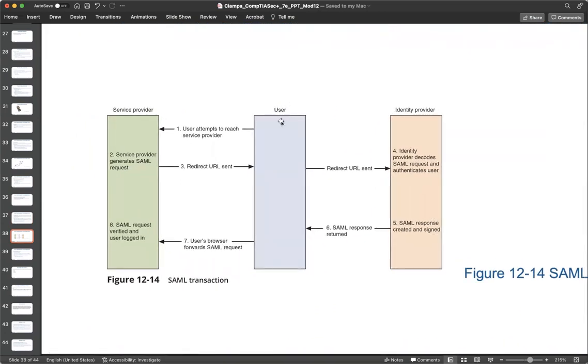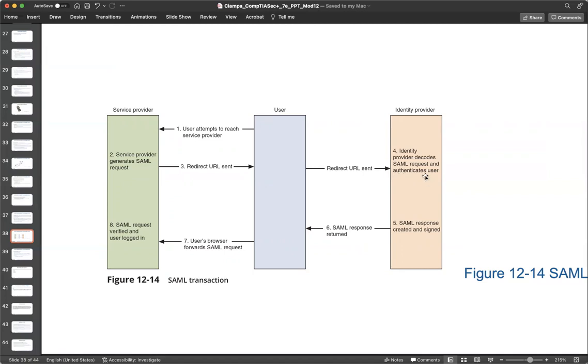So we do have the user here. We have the service provider, the SAML service provider, and then we have the identity provider over here. In a SAML transaction, the user first attempts to reach the service provider, right? Hey, I need your service. Provide me with the service. The service provider generates the SAML request, which is then redirected back to the user, which then the user